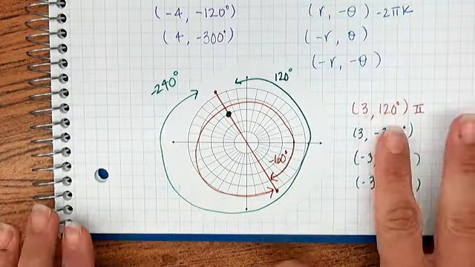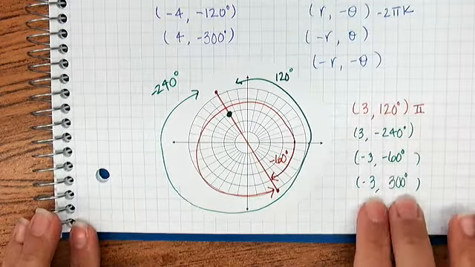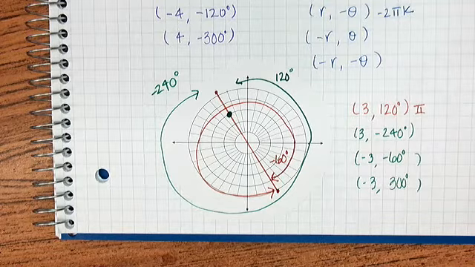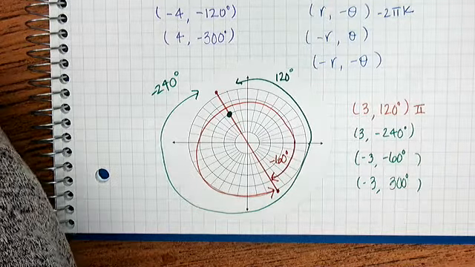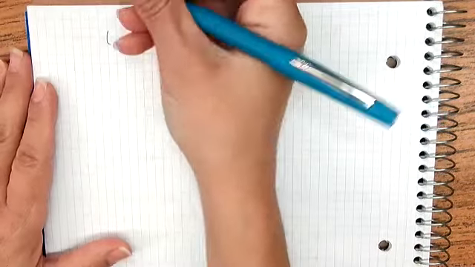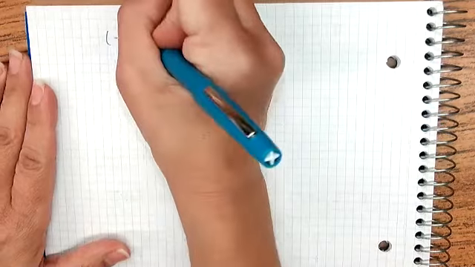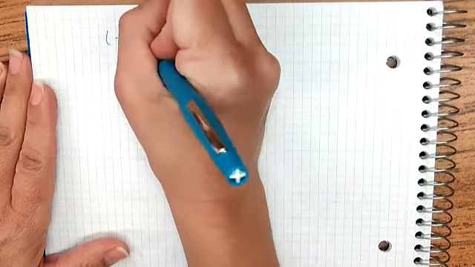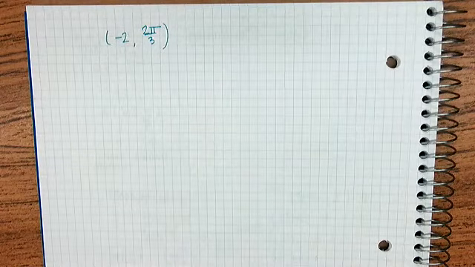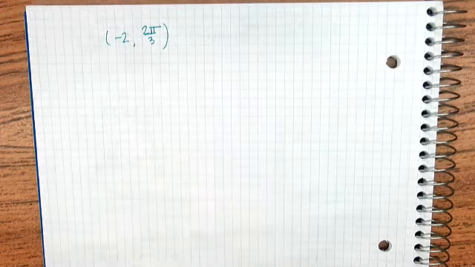I can convert all of these polar coordinates into a rectangular system. So let's take a look at that. Let's say you are given the point negative 2, 2 pi over 3. Negative 2, 2 pi over 3. Okay, so if we were to graph this on our polar graph,